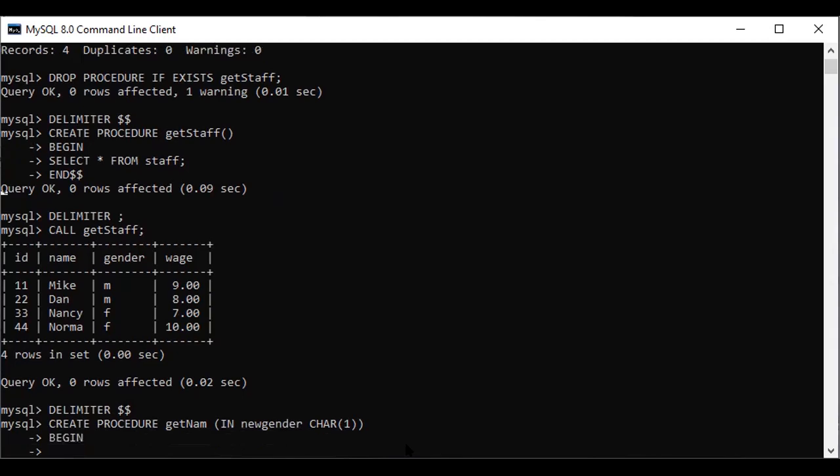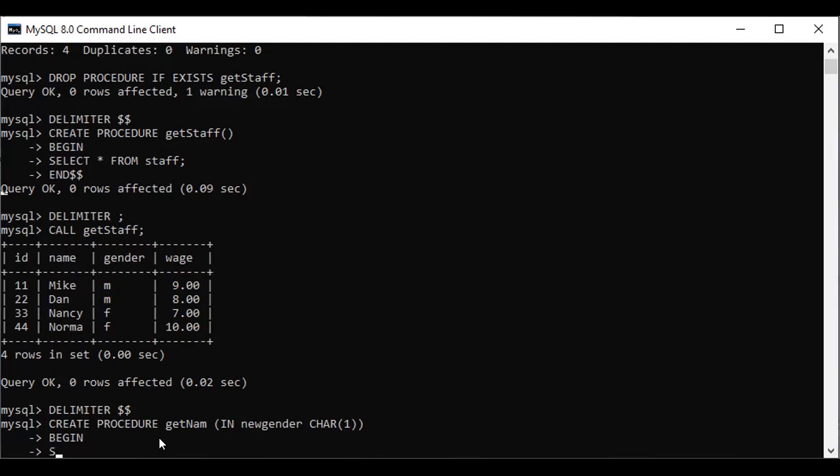So now the logic is: I'm selecting a name from this table, and I'm making the parameter equal. Anything can be equal here, but not name. If I want to select the name, then I can make the parameter maybe the ID, gender, or weight, and I have to make it equal.